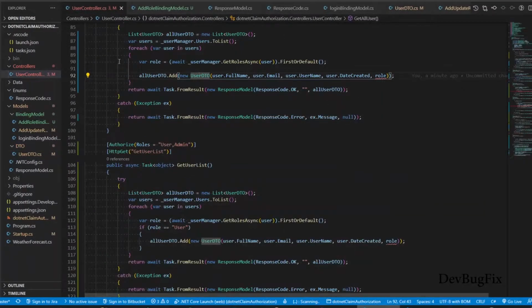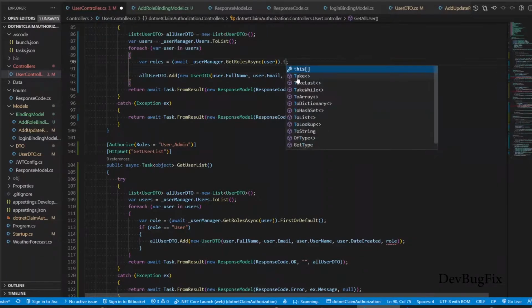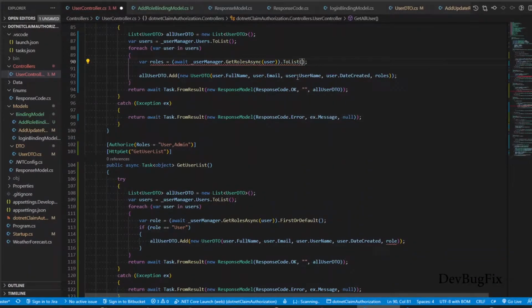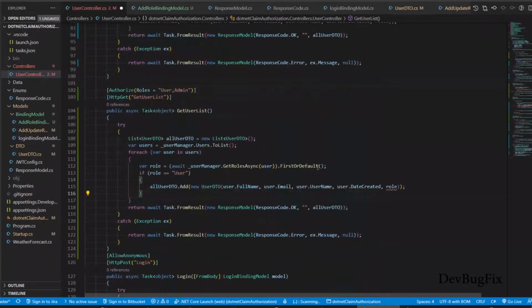We will remove the FirstOrDefault method because we don't need the first element from the list, we need the list. So we will call the ToList method instead. And we also modify the get user list, replacing FirstOrDefault with the ToList method.